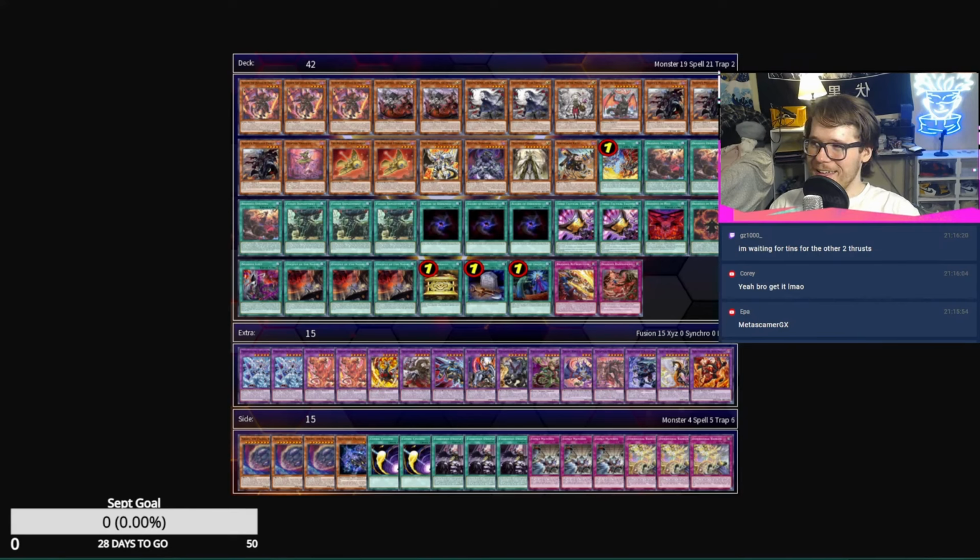That's a new one. Yeah, bro, get it, says Corey. I'm waiting for the tins for the other 2 thrusts. Oh, fair. Do you have...